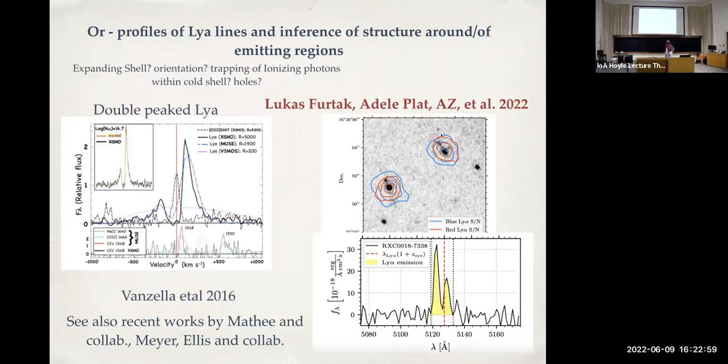So Lucas found a very interesting object that shows a double peak as well, but it's the first object known in which the blue peak is stronger, right? There are many double peak Lyman alpha objects known. This is the first one in which the blue peak is significantly stronger than the red peak, and it's not completely clear why. It might be related to the angle in which we see it, or some very porous H1 density distribution. We have some ideas, but it's not completely clear. But anyhow, it's a really nice discovery. Okay, so